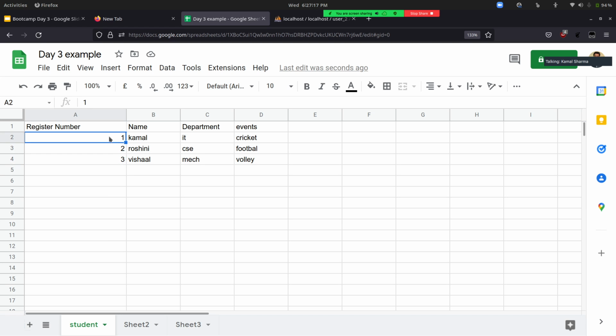So we need something to be as a base. We cannot use name because two persons can have the same name, so we can't have duplicate entries like that. We need a proper unique thing which will help us pinpoint the particular student easily. We do that by using a property called primary key.